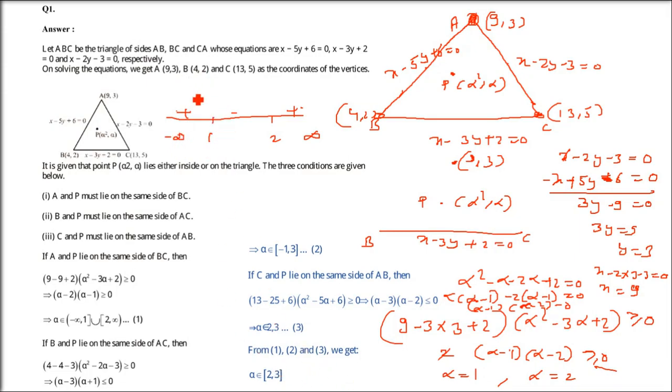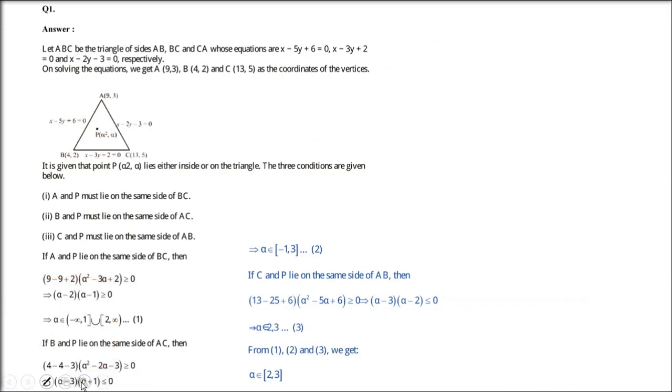So what is the range? What is the solution here? Minus infinity, this is not inclusive. 1 is inclusive because it is greater than or equal to 0. Because of equal, I have used the square bracket. Union, then we have 2 to infinity. So this is clear, how did we get the first alpha position? Now second and third.